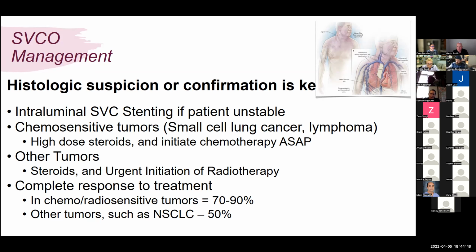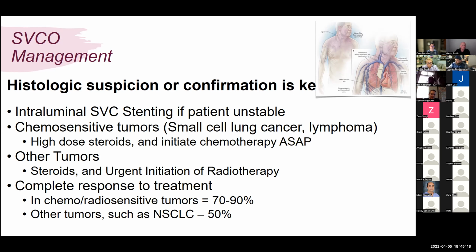For other tumors, it's about a 50% chance that we're going to get their SVC obstruction cleared. But even in those 50% of patients, often there'll be improvements in their SVC symptoms. And with their collaterals, often over time, things will improve even if the SVC continues to be obstructed. And as I said, many times these are more urgent rather than emergent